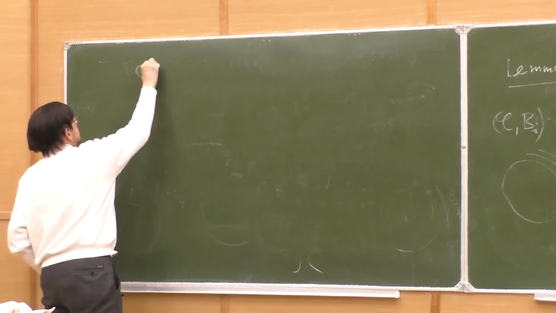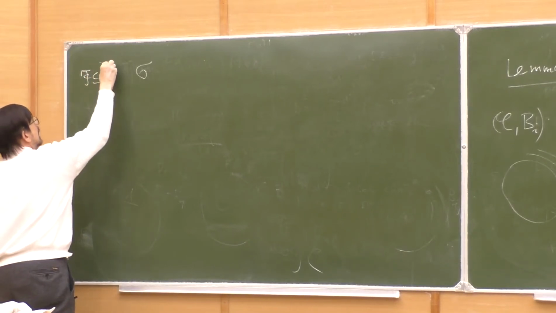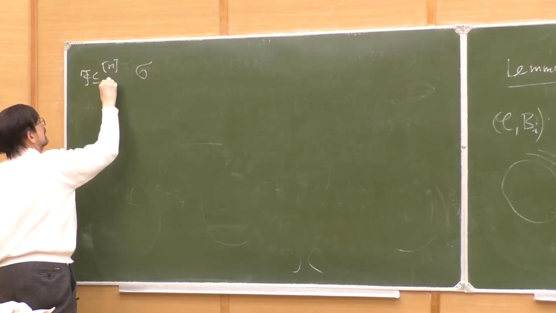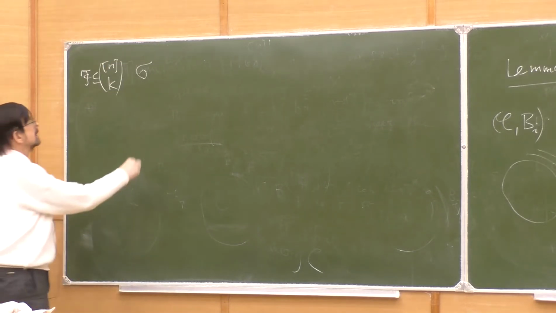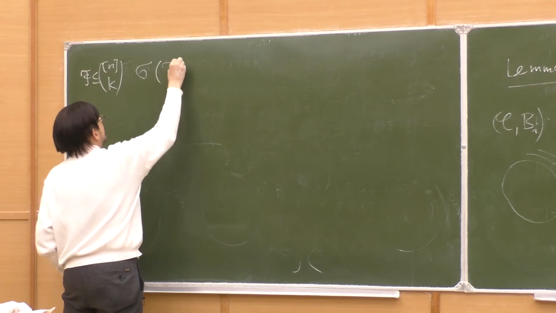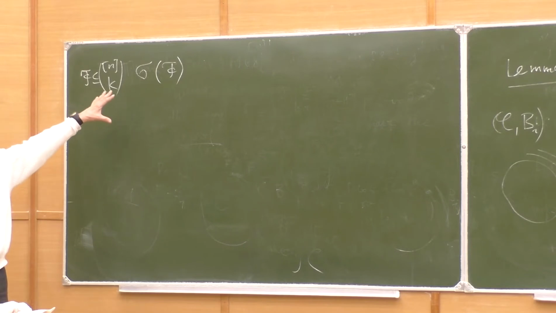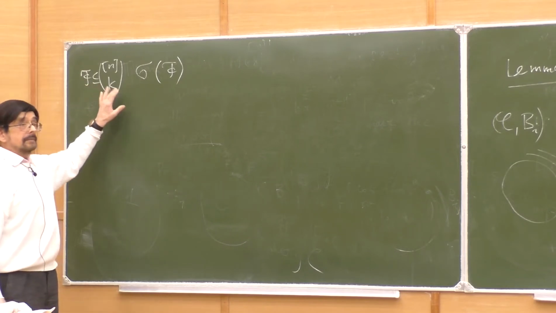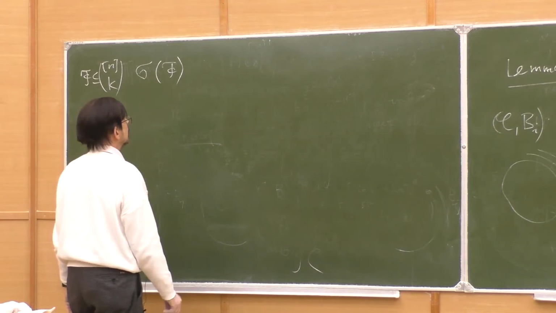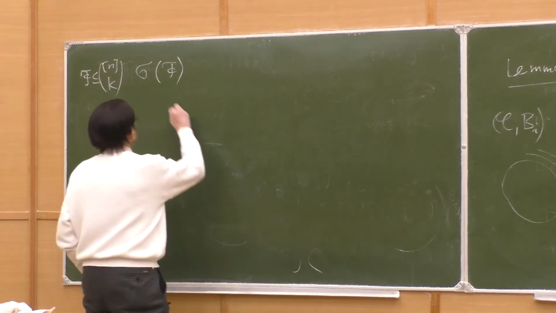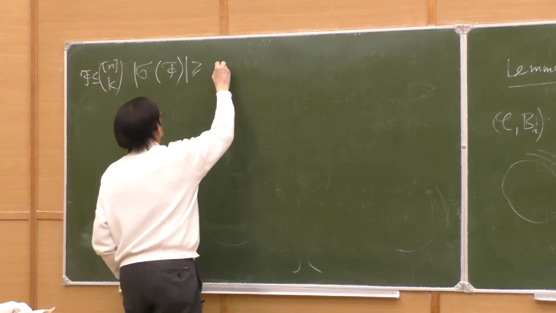So you remember when F consisted of k element subsets, then we defined the shadow: the (k minus 1) element subsets obtained by deleting one element from each member. So this was the shadow. And so we have seen that the shadow is